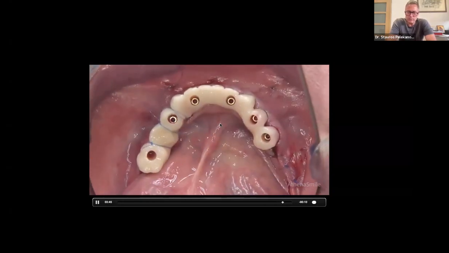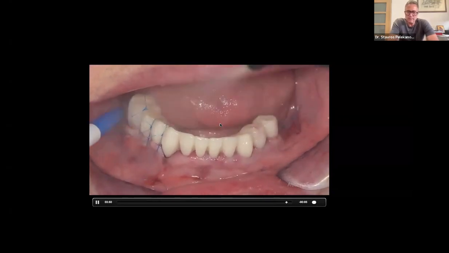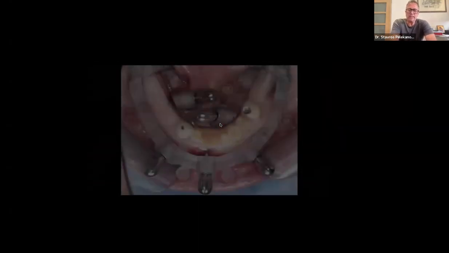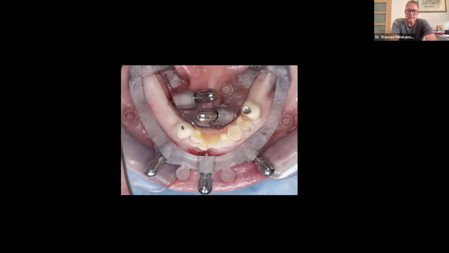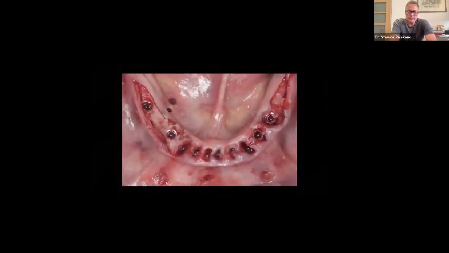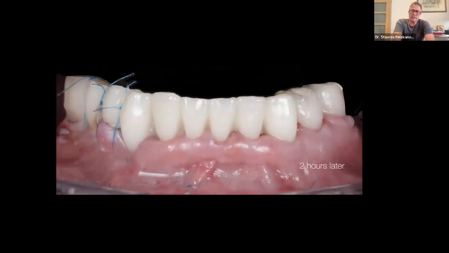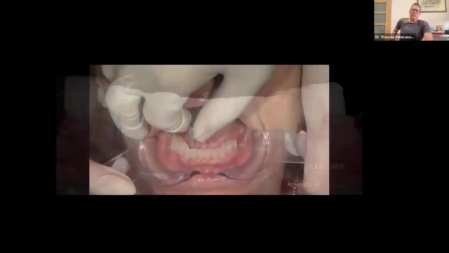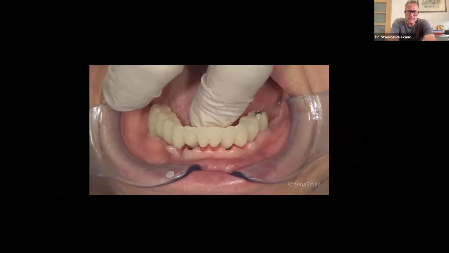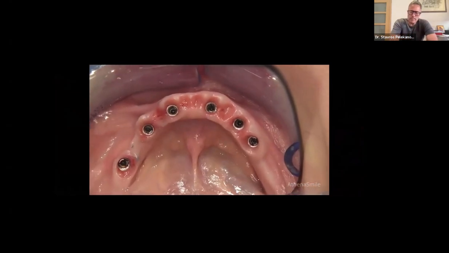And this is the goal in all of my FP1 or FP2 cases. Of course, we place some sutures also for the small holes that we created for the pins. And this is how the patient leaves the office. This is something that we do in all of our FP1 cases. Again, this is the base, the 5 pins, implant placement, final delivery. So this is like 2 hours later. And this is maybe, I think, 8 weeks after implant placement. And you see the nice soft tissue healing